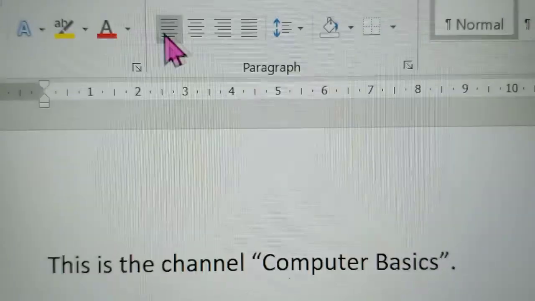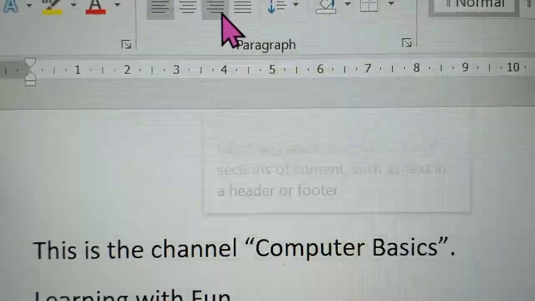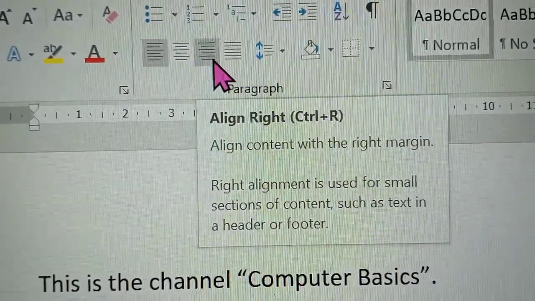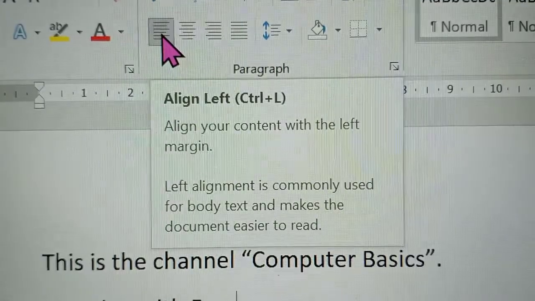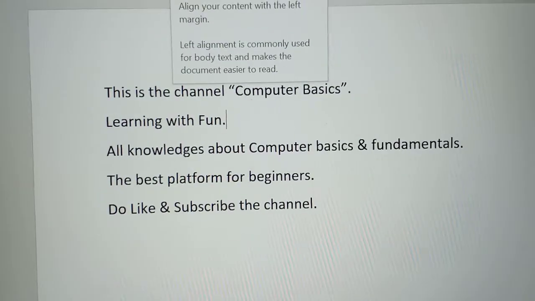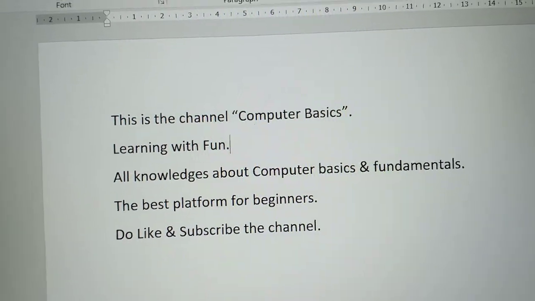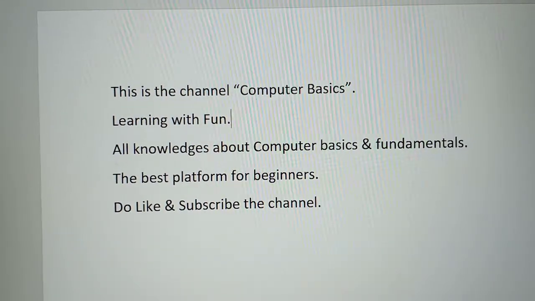So these are the 4 types of alignment. By default in the MS Word window the text is aligned left. So this text is already in left alignment position.